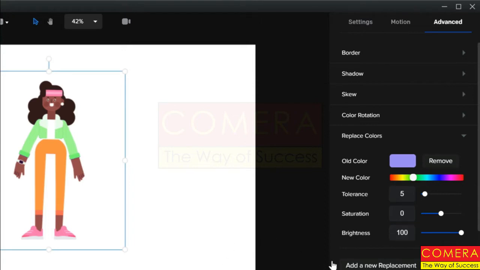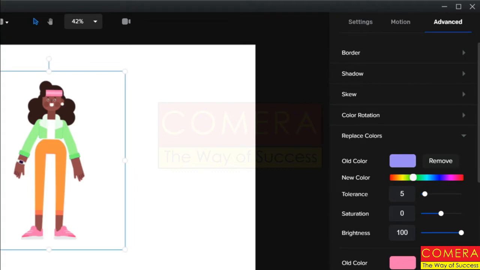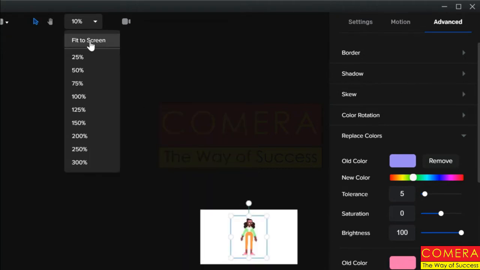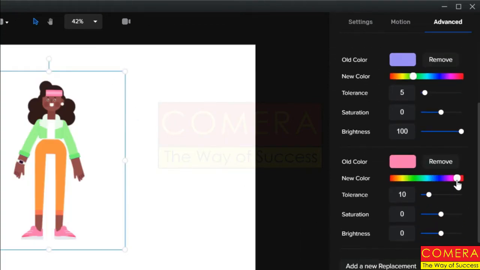So we can go and add a new replacement. Let's say we want to change the headband. Let's pick a color, and we'll change, oh, let's pick the shoe. Now, we've picked that pink color. Whoops, I scrolled in the window instead of over here. And let's change that to blue. Notice it happens immediately, and it also happens on not just the shoes that we picked, but